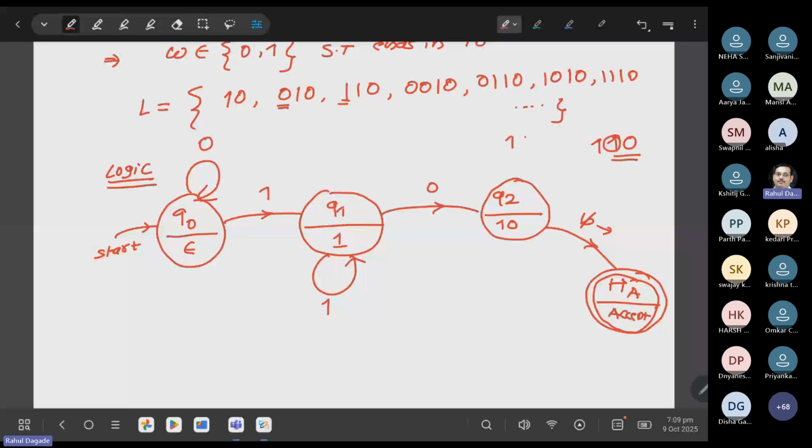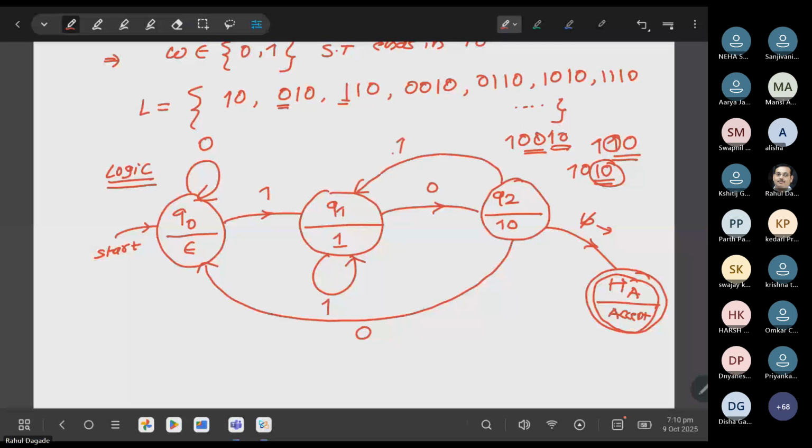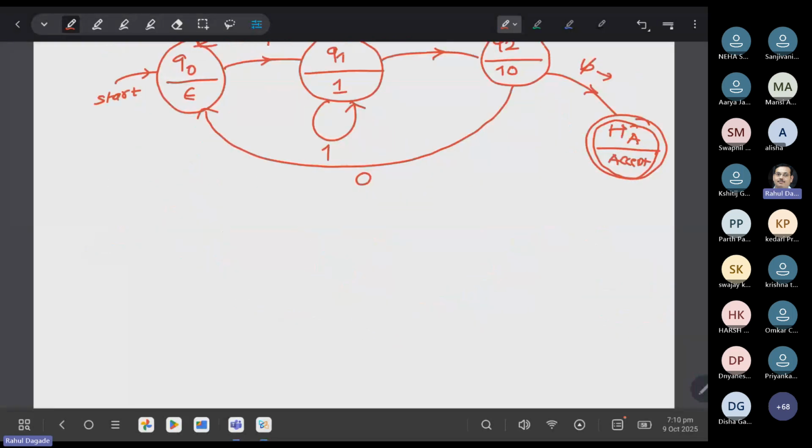But in the Q2 state, that is after 1 0, if I get 1, then I just need again a 0 to go to the final state. That is 1 0. So now I have got 1. So if I get a 1 in this state, then I'll come to Q1 state. Okay, so that means here